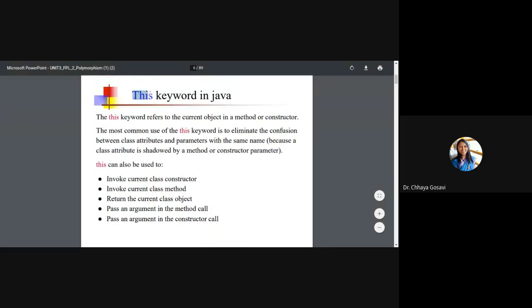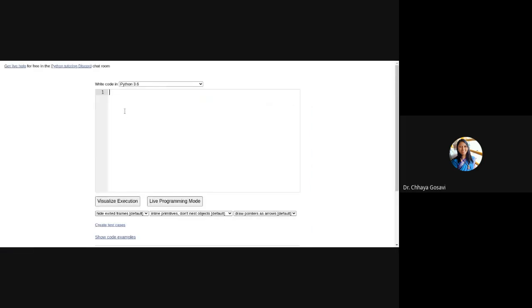Now what is this? When we create an object, let's create an object, say Box. We are using this class Box. What are the variables in the Box class? Int height, width and depth.